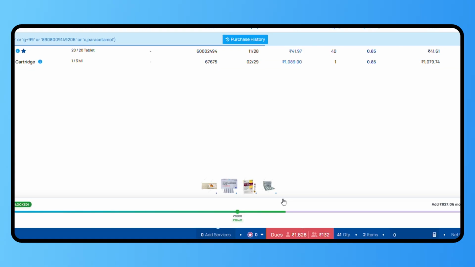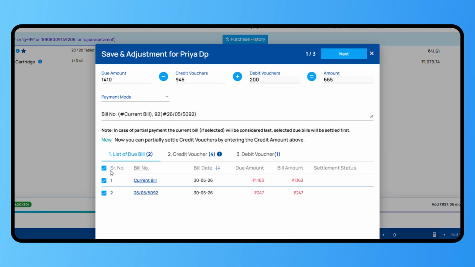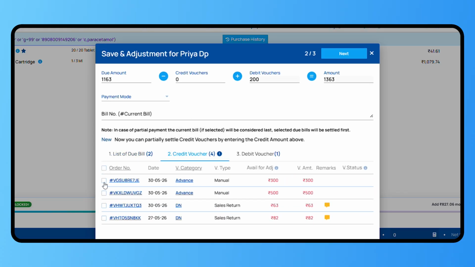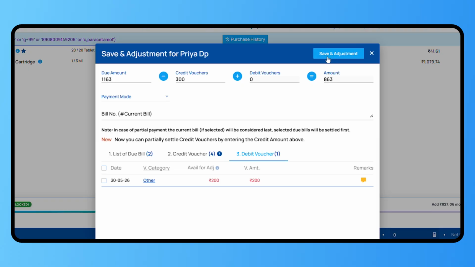Once products are added, you can select the due amount here and you can see the list of due bills, and the credit voucher which was created is automatically adjusted here. If you want to edit it, you can edit like this. You can also select the credit voucher manually, then save the adjustment after selecting the payment mode. In this way, you can adjust the credit voucher in a new sales bill.